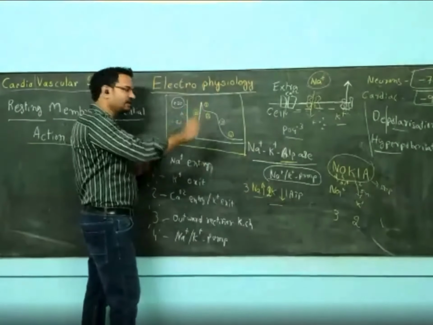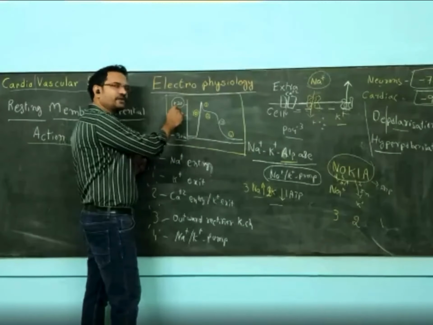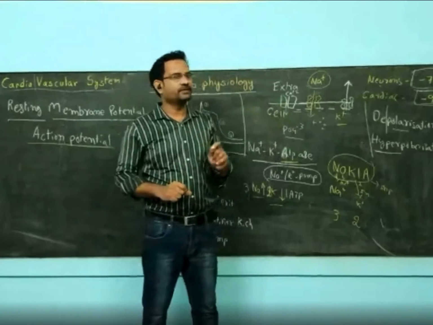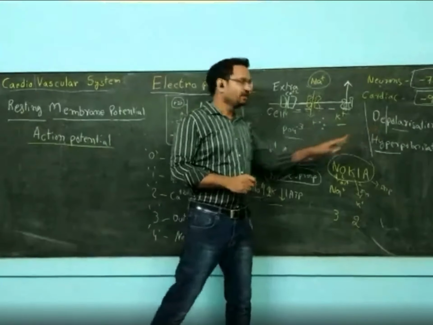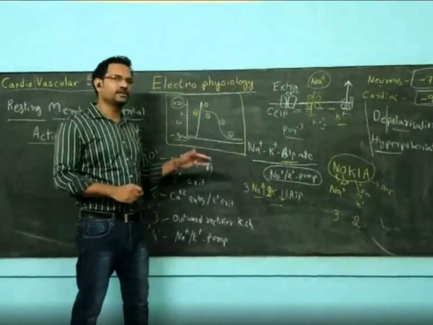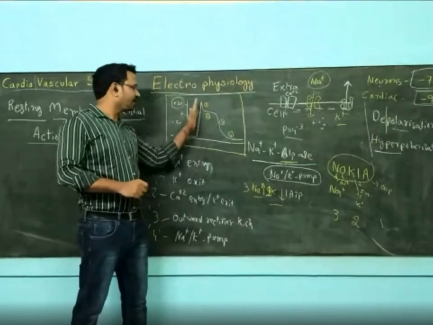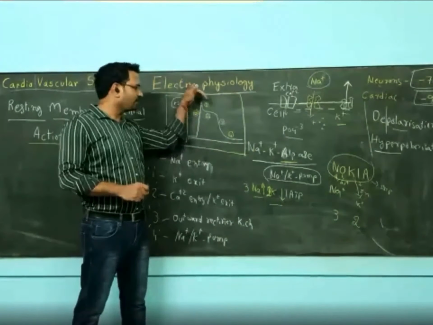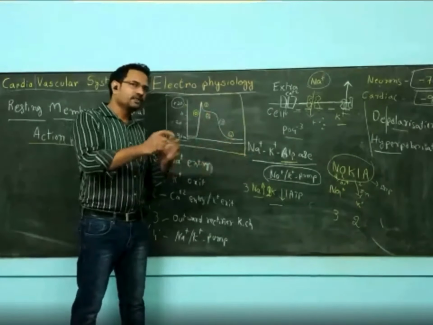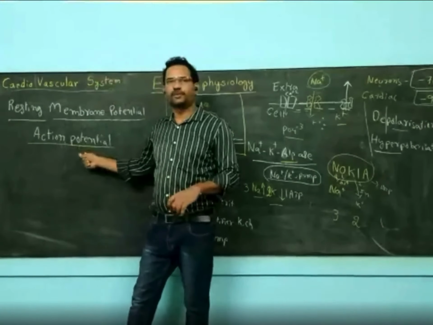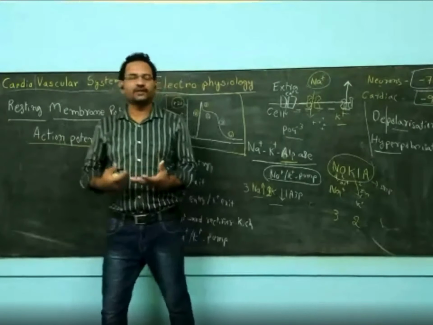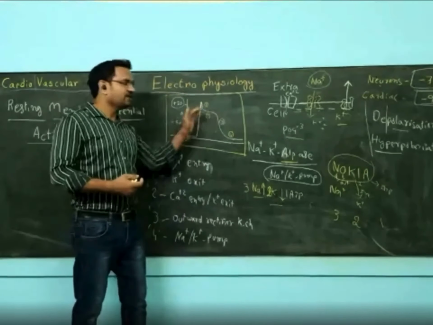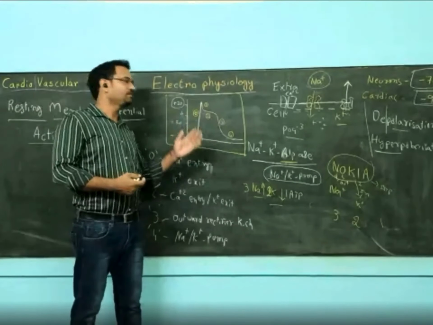When sodium gets inside the cell, minus 90 becomes plus 20. What has happened to the charge? Instead of minus, it has turned positive. That is called depolarization. So this entire process is called the action potential. A rapid rise of positive potential and then coming back, so a rapid rise of depolarization and fall of depolarization. That process is called the action potential. This is what gives action to our cells, which is why it is called action. Potential means the potential changes. It is known as the action potential.